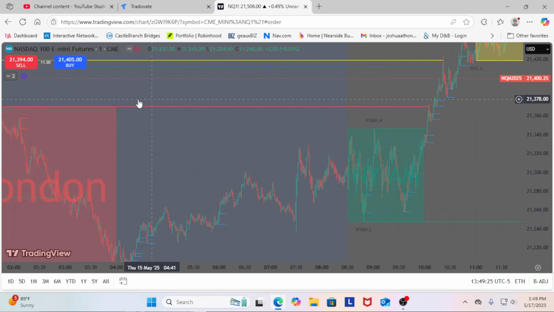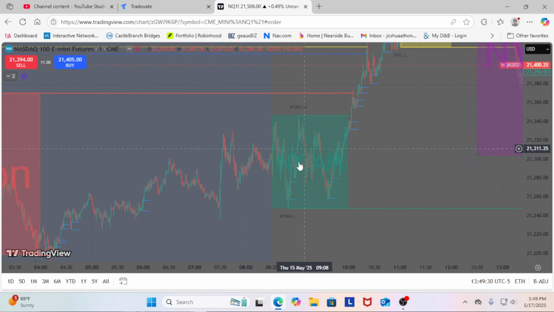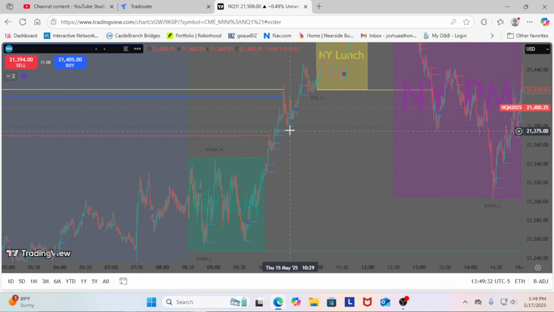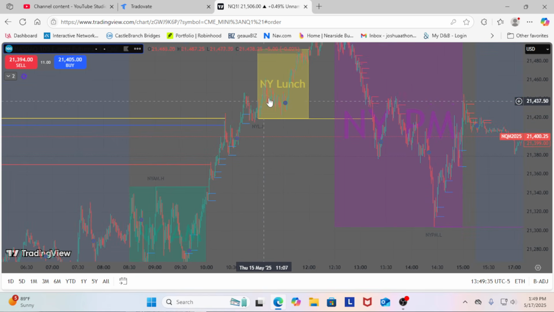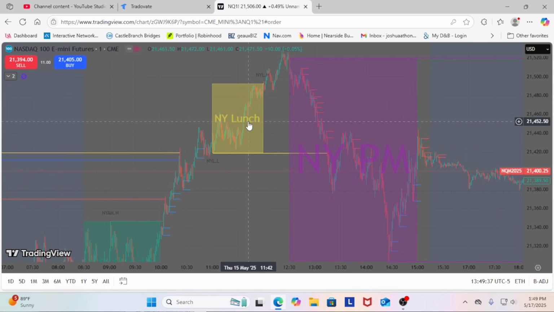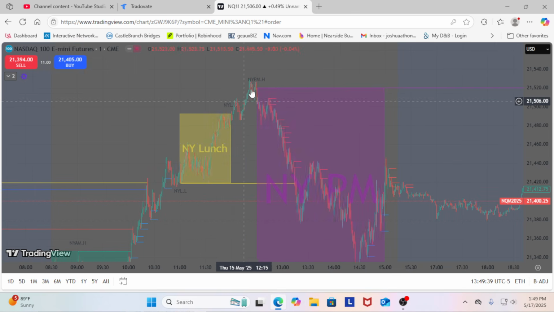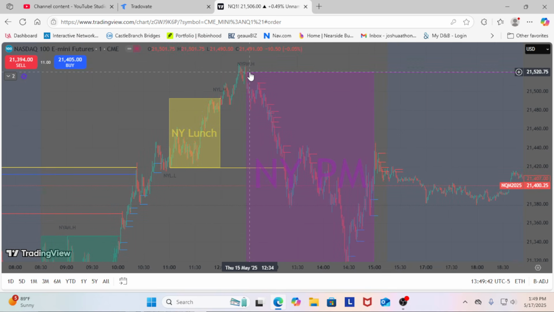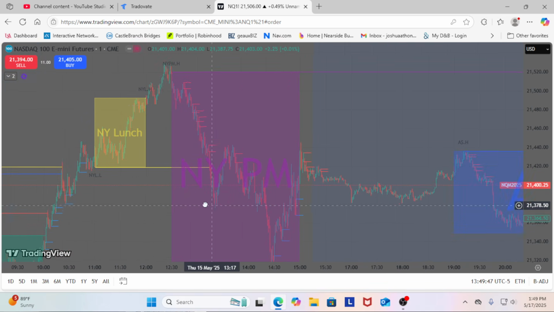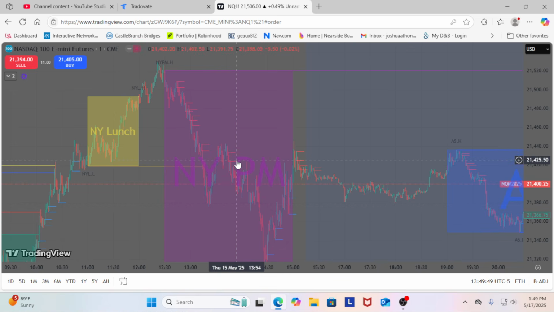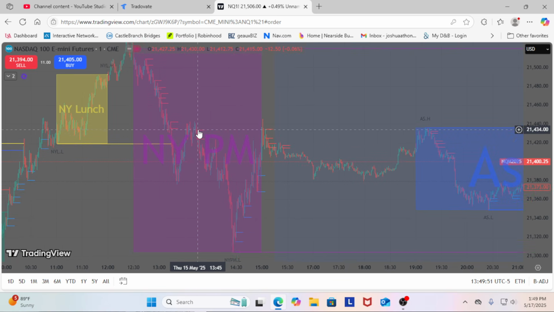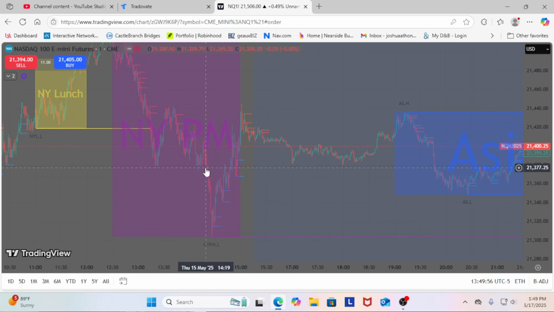All right, here's our true day open from the Asia session's close. Price keeps playing, demand, smashes through the true day open, comes up. New York opens for lunch session, comes up. New York PM session, comes down, hits the true day open, uses it exactly as a trampoline, comes up, we get a supply print here, we fall down, that's for sure a 20-point move, passes through the true day open, comes down here,